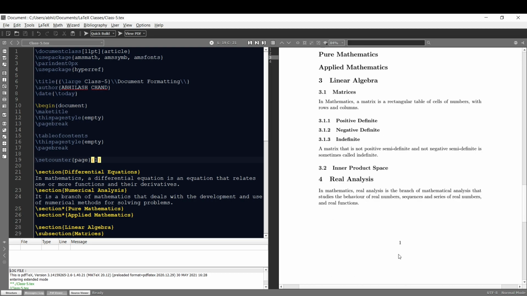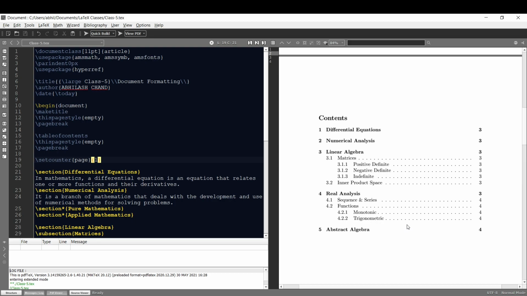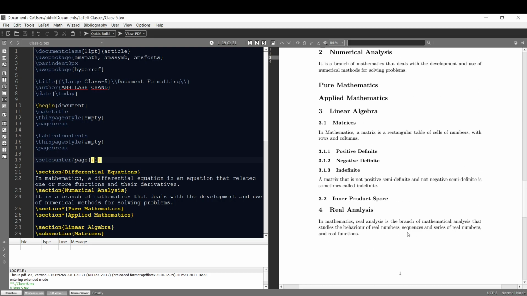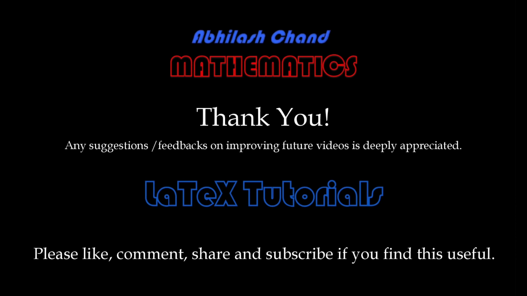So in today's class, we have learned to create a title page in an alternative way. Then we learned to create a clickable table of contents, in addition to manipulating the default page numbering in LaTeX in today's document formatting class. Don't forget to practice all the things you have learned here today in TeXMaker, or maybe you can use Overleaf. In our next video, we'll learn about graphics and a few frequently used useful packages and their functions.